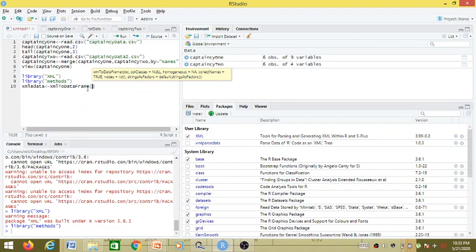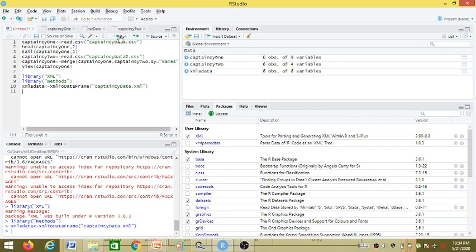As an argument to this, we are supposed to give the name of the XML file. The file which we have already stored in our working directory is captaincydata.xml. So this is there in our working directory.